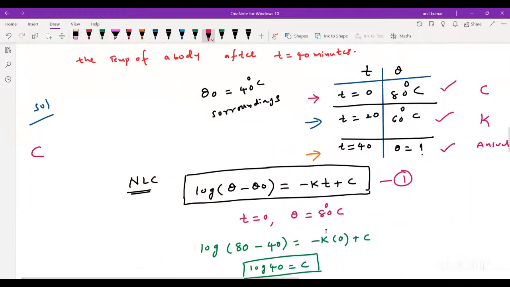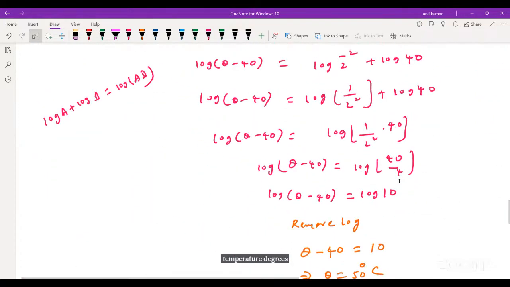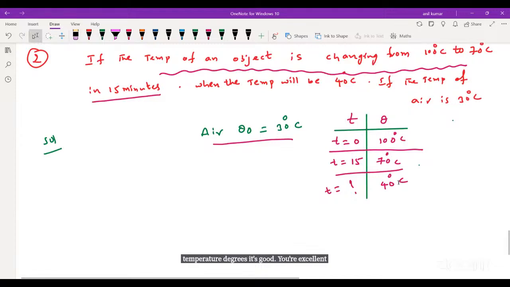In the first question, what is given? Time. We are estimating the temperature. Degrees. Yes, good. You are excellent. Here in the present problem,